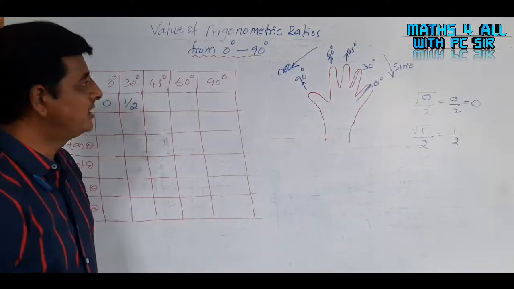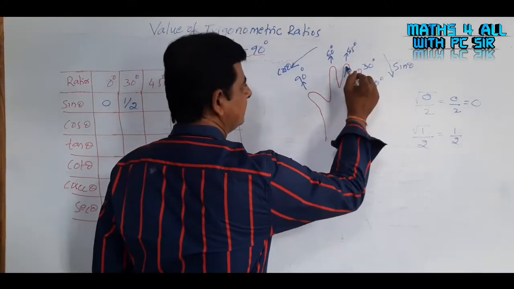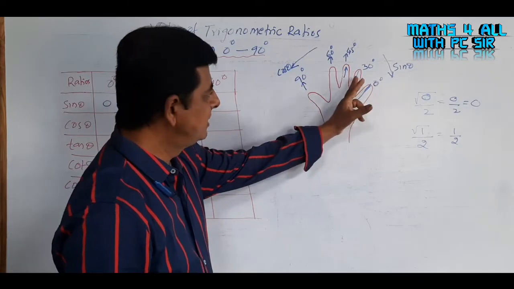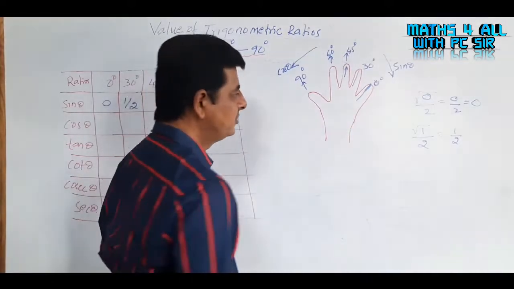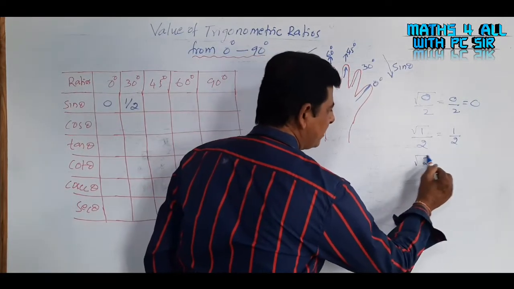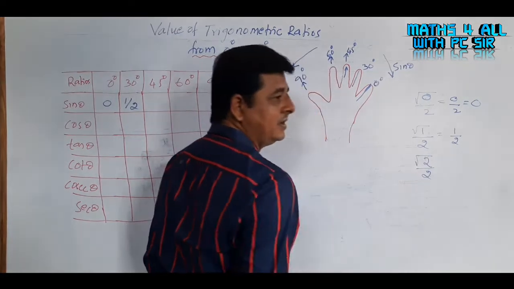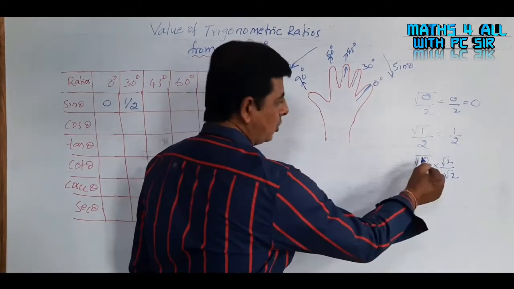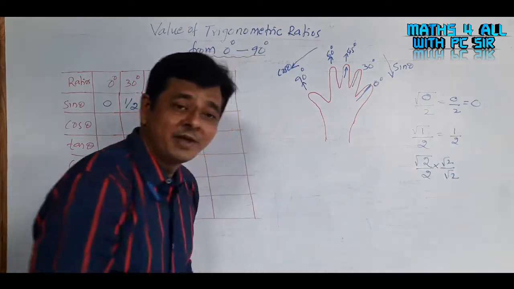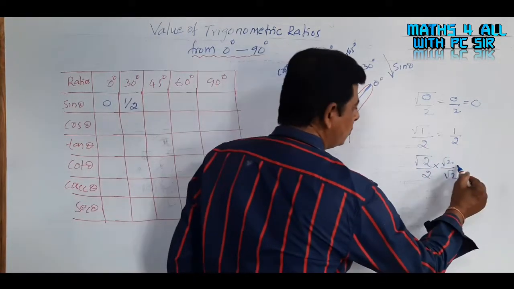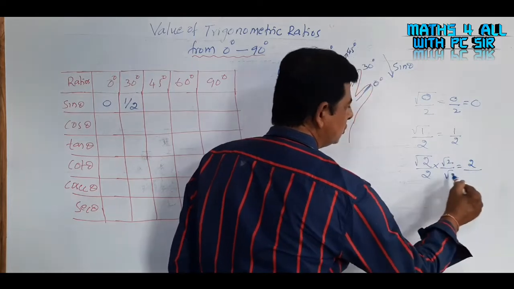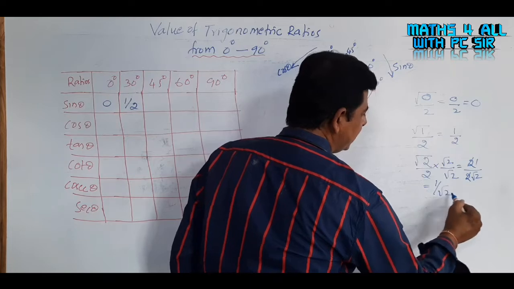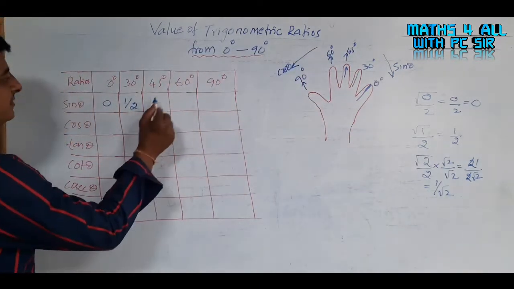Okay. Then next, sin 45. This one, sin 45. Here sin 45, this side, clockwise. 1, 2. 2 fingers are left. So just you take 2, and square root of 2 divided by 2. By rationalizing the numerator like this, see here, root 2 by 2. I am rationalizing the numerator. That is, root 2 into root 2, 2 by 2 root 2. Okay, 2 cancel. What is remaining? 1 by root 2. So that is the value of sin 45.